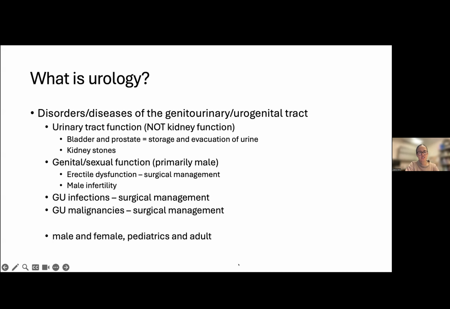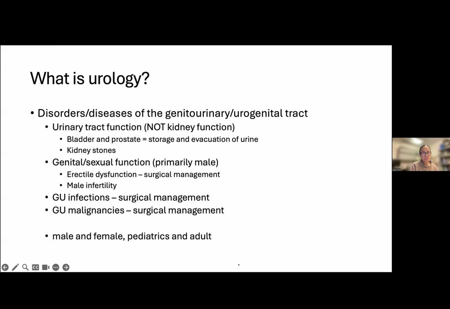So disorders and diseases of the bladder and prostate relating to the storage and evacuation of urine. Kidney stones is also part of urology, and you might say, well, kidney stones is a kidney problem, and it is, but kidney stones block the passage of urine, and so it becomes a urological problem. Genital and sexual function, because the organs related to genital and sexual function are intimately related to the urinary tract, and urologists deal with